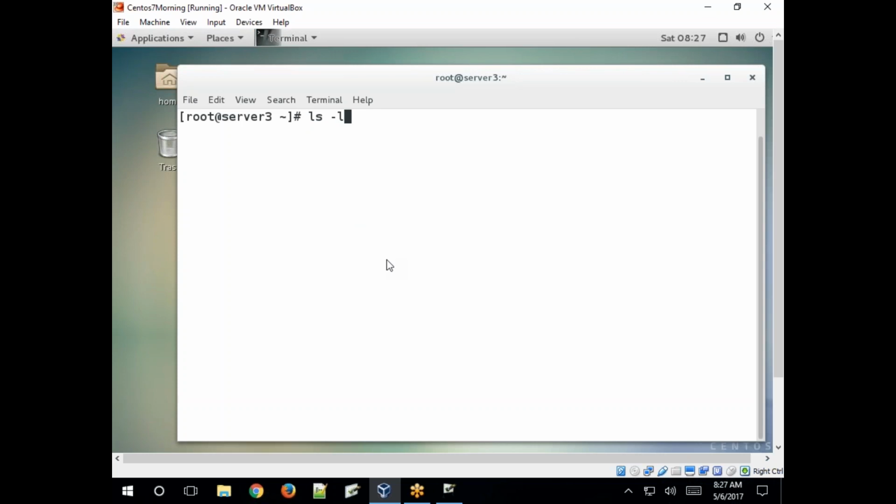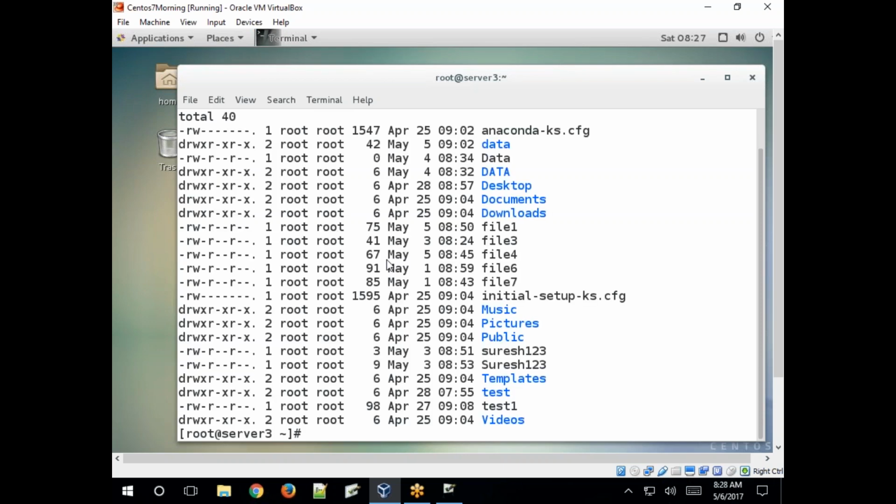How to check file permissions, whether the file has read and write access for group or other? Simply execute ls -l. It shows the complete information about a file.